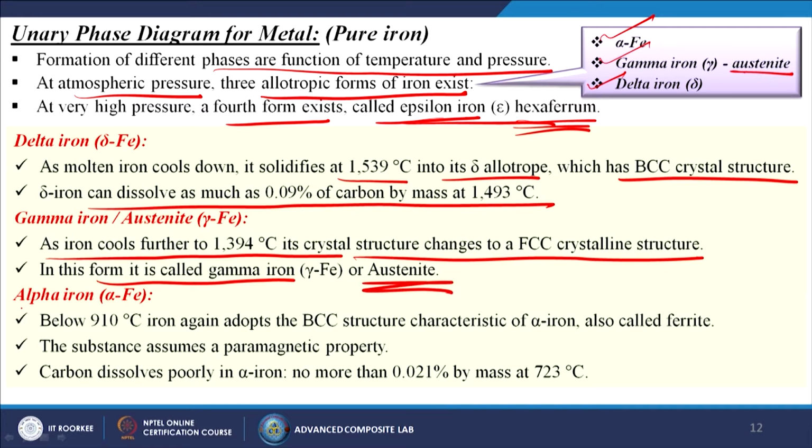And what is alpha iron, or alpha Fe? Below 910 degree centigrade, iron again adopts the BCC structure characteristic of alpha iron, also called ferrite. The substance assumes paramagnetic properties. Carbon dissolves poorly in alpha iron, no more than 0.021% by mass at 723 degree centigrade. So, you see one single material at different temperatures, just by changing the temperature or pressure,